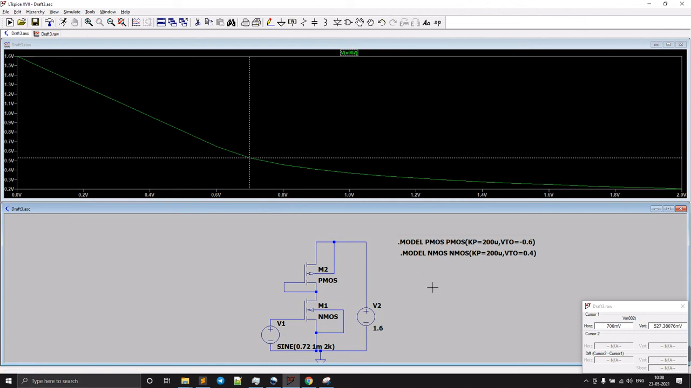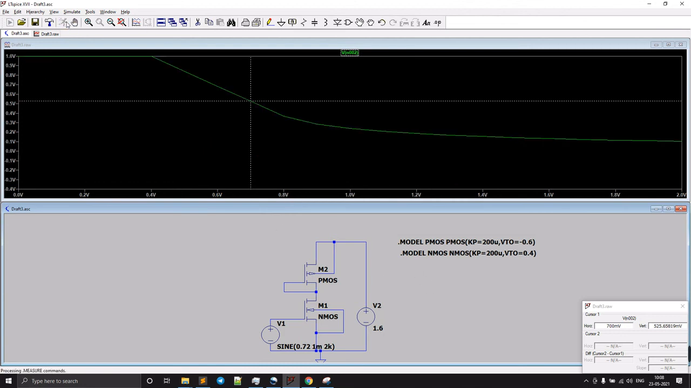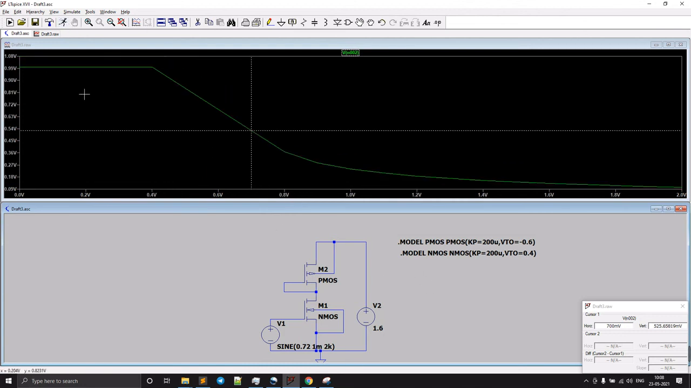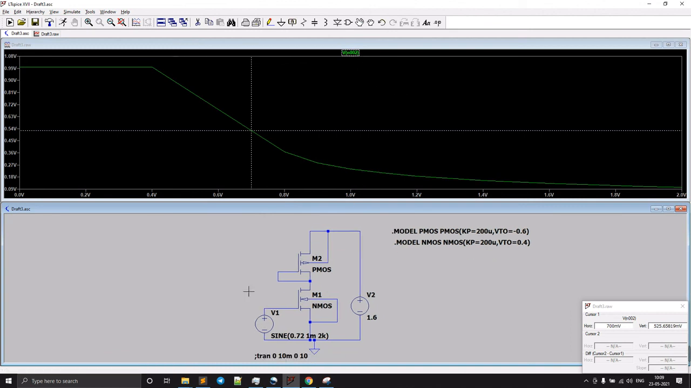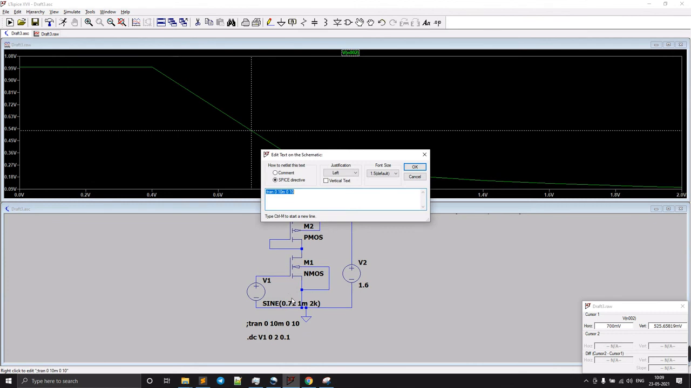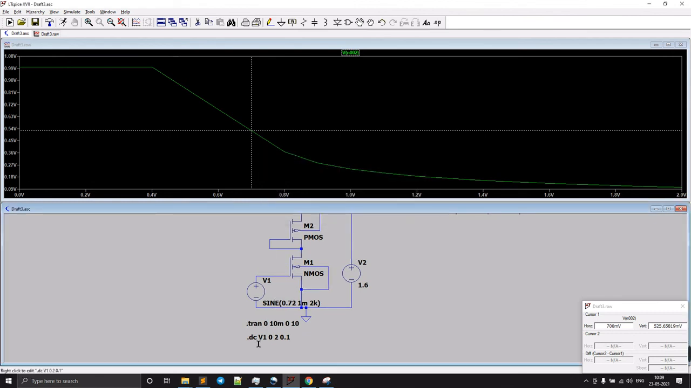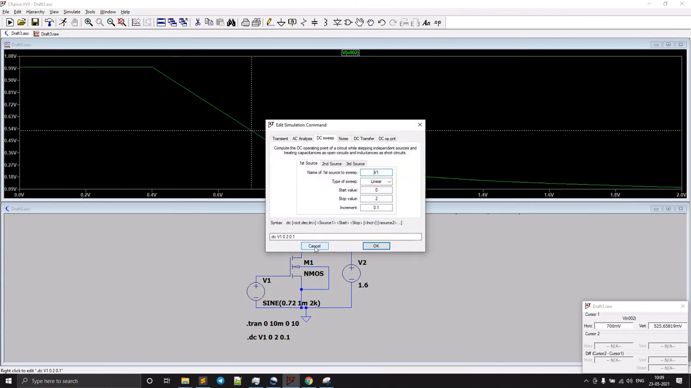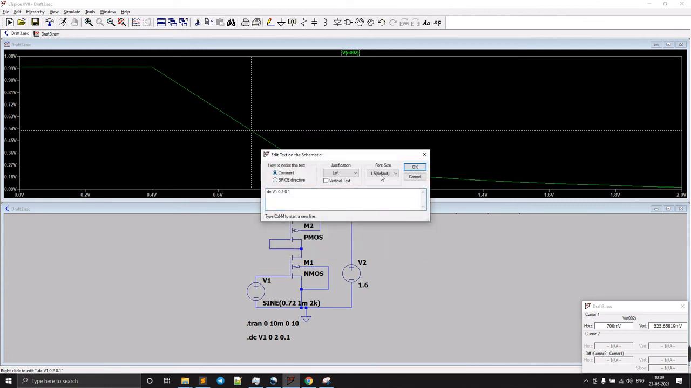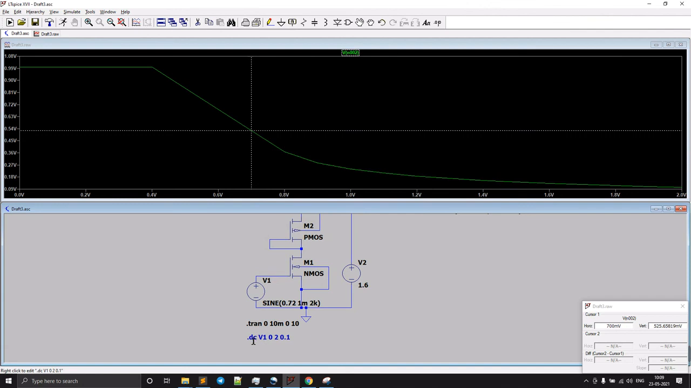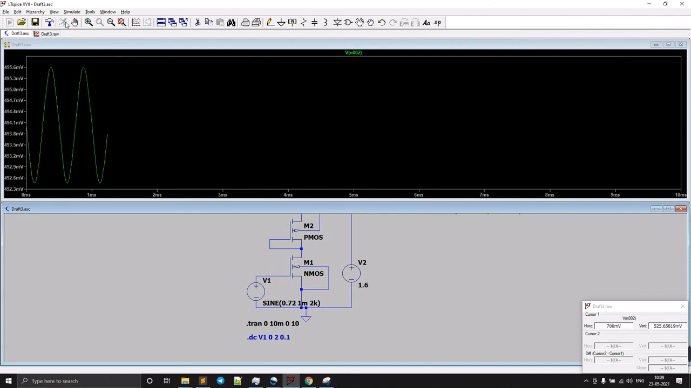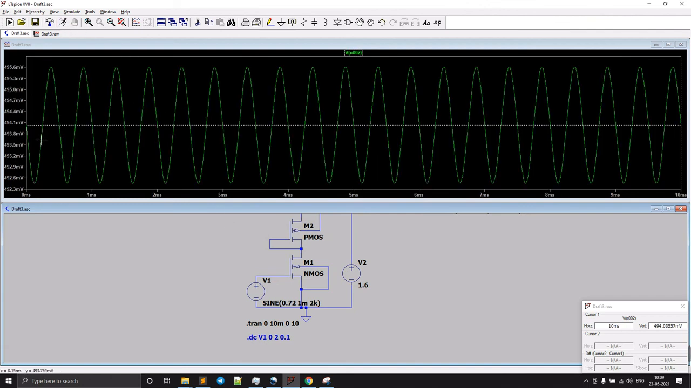Okay, now let's run the circuit. Yeah, now it is considering these cutoffs as 0.4 and it's giving the proper output. Now if you want to see this transient analysis again, okay, let's make it a dot tran, and here we just make this a comment, or we can just add a semicolon at the beginning. And if we run it and want to see the output, okay, it is somewhat